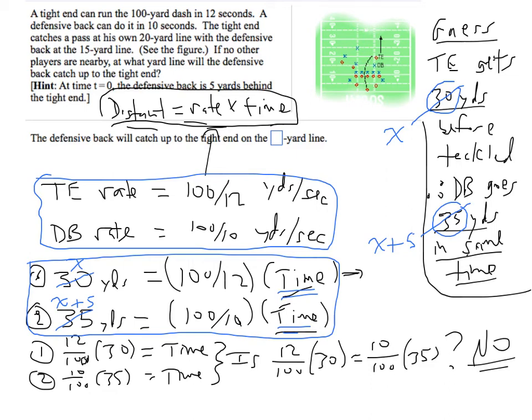So that part's still the same. So this idea of solving these two equations for time and then seeing if they're equal to each other should be the same. So I go on. Again, this 30 is really X. This 35 is X plus 5. And so the equation here is